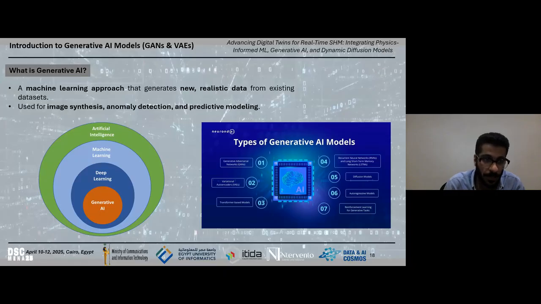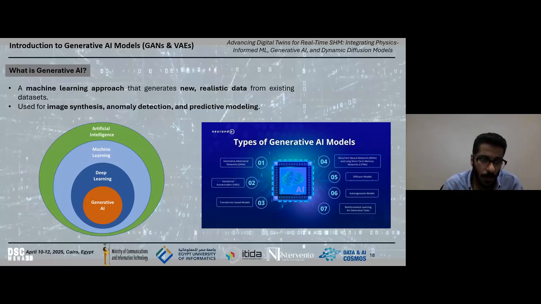Today we are going to focus on the first and second ones, the generative adversarial network and the variational autoencoder, which are very good for prediction in structural health monitoring. And again, we are going to link the fifth type, which is the diffusion model, but in an advanced way and in a different way from the one it's known for.